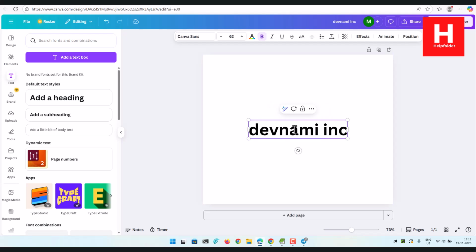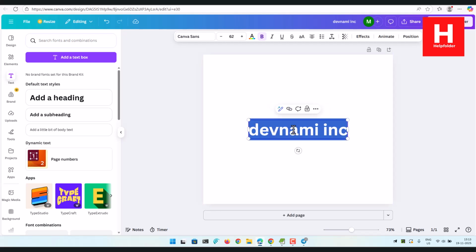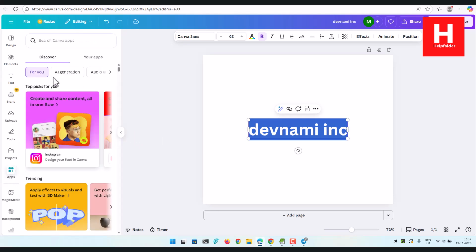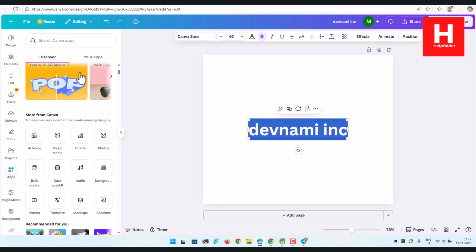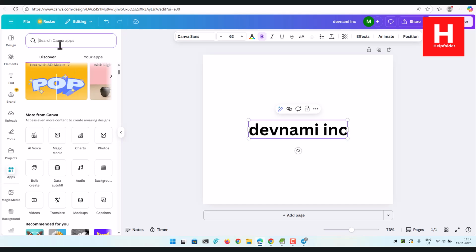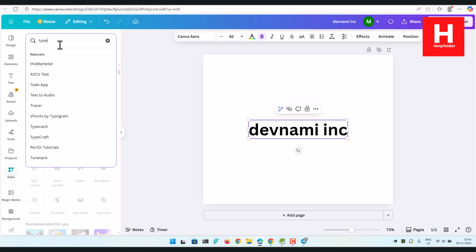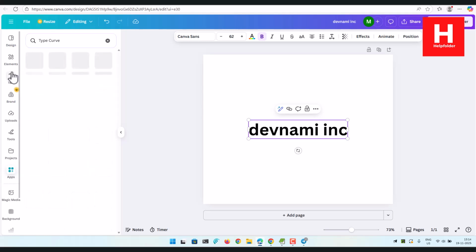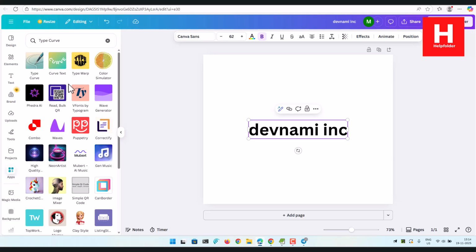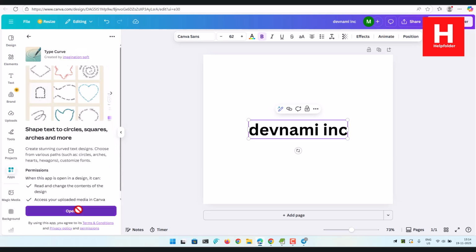So I will just select all, and we will try to find apps for this, right? You can do this with other options as well, but let's try to do this with one of the apps, right? So here we have apps like Type Wrap, Curve Text, right? So Type Curve is one. Here you can see Curve Text and Type Curve, so we can go with this. We'll open this,